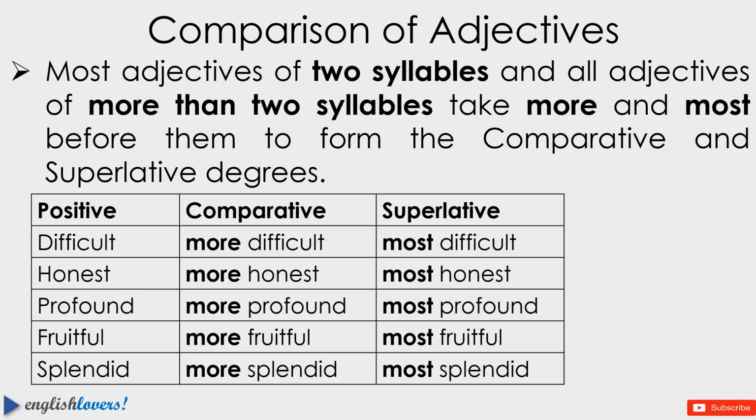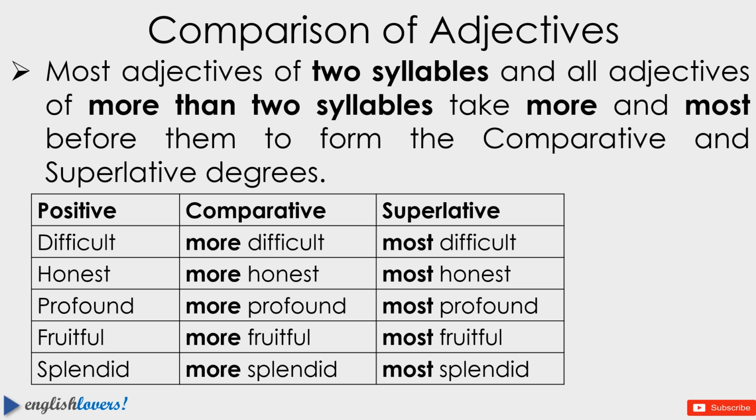Most adjectives of 2 syllables and all adjectives of more than 2 syllables take more and most before them to form the comparative and superlative degrees. So here these adjectives in positive degree: difficult, honest, profound, fruitful, and splendid, they either have 2 syllables or more than 2 syllables, and they take more in order to form comparative degree and most in order to form superlative